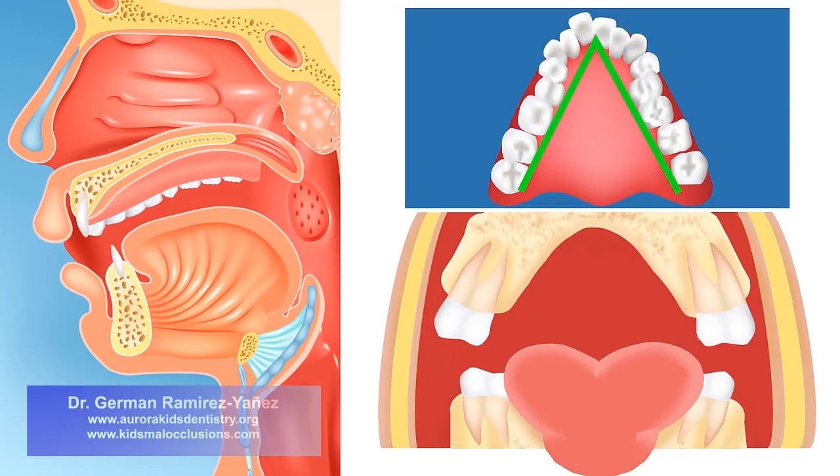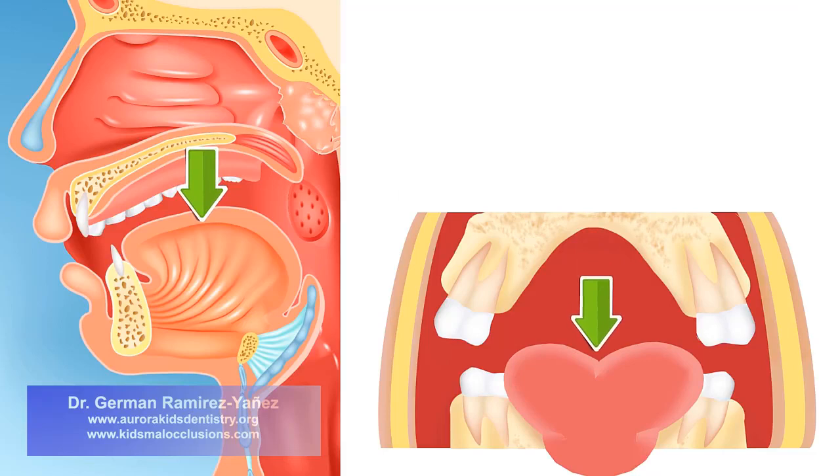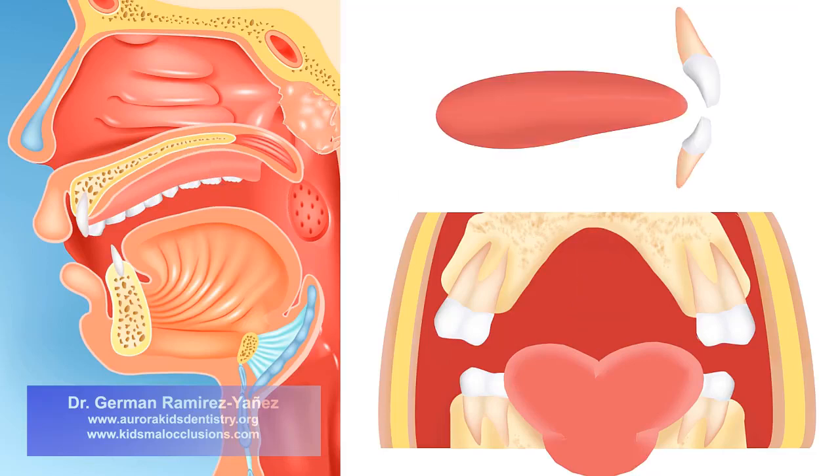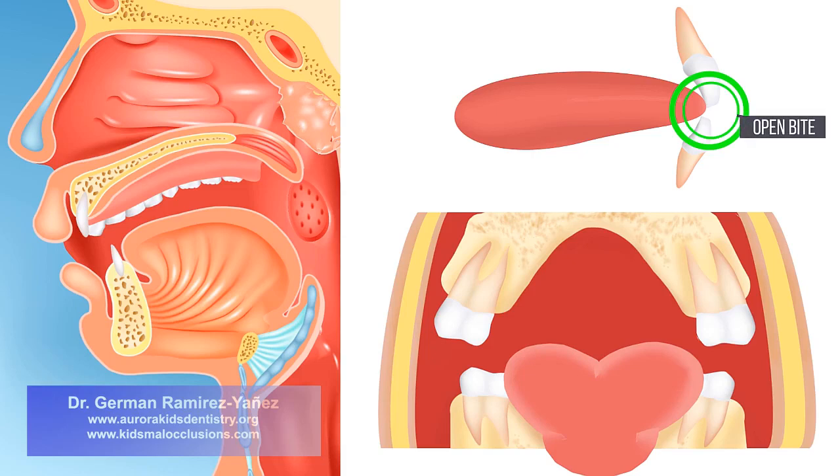This also produces an incorrect swallowing function. Every time you swallow, between 1,600 to 2,400 times per day, the tongue positions low, staying away from your palate. That forces the tip of your tongue to position between your upper and lower front teeth. That pushes your front teeth to show out of your mouth, and your tongue resting on the floor of your mouth, with the tip of the tongue between your front teeth. That is called an open bite, as your upper and lower front teeth do not touch when you close your